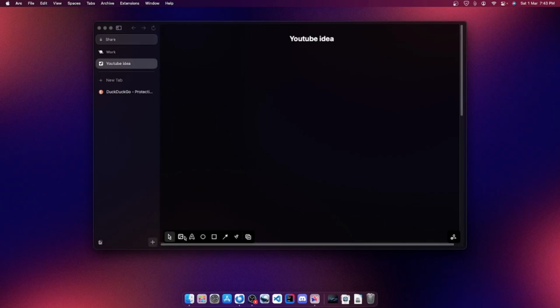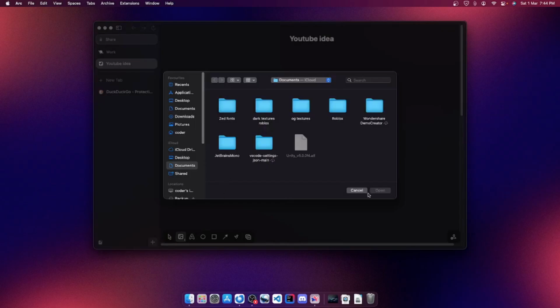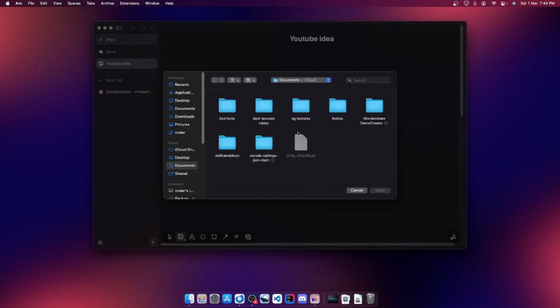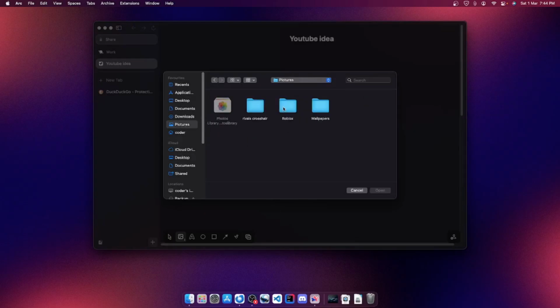Now you could add some photos. I don't really have any photo to add here, but I'm pretty sure it's straightforward. You click on this, go to your pictures folder, and take a photo out. You know what, let's take one of my wallpapers.